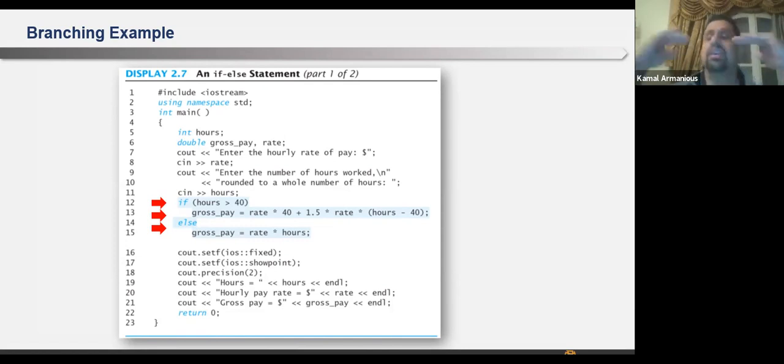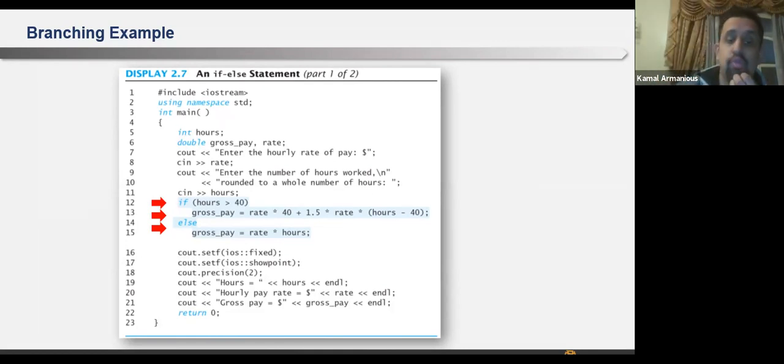I will start with the first statement after the opening bracket of the main. I will start sequentially: int hours, double, cout, cin, cout, cin. So normally I start sequentially one after the other, except in two conditions.